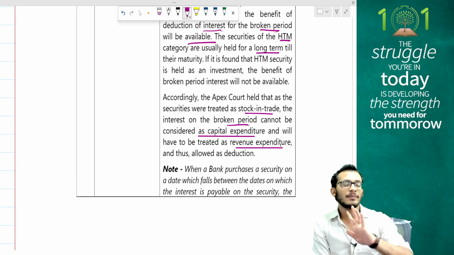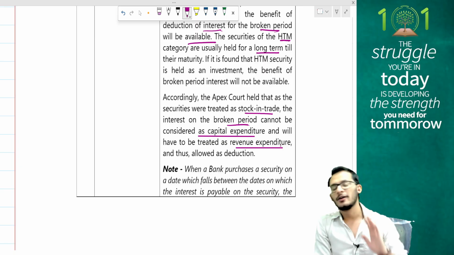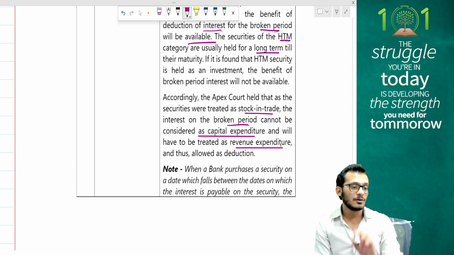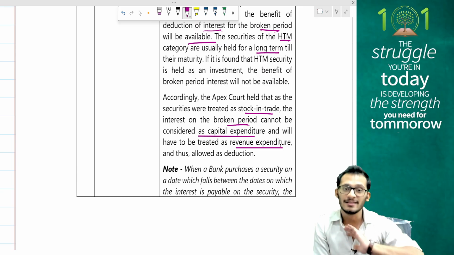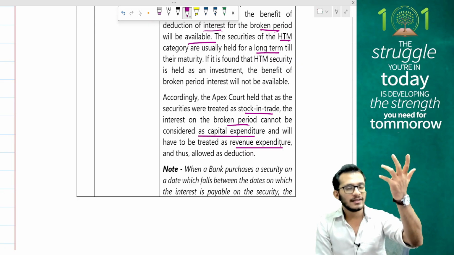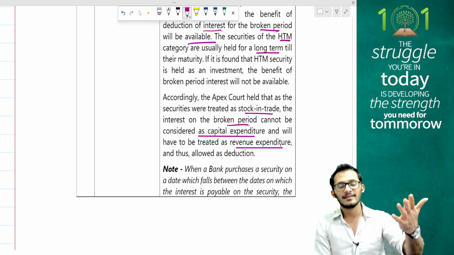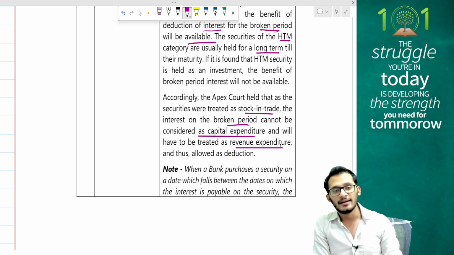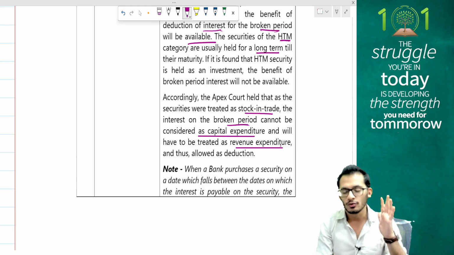But if you tell me that this is held to maturity, then yes, it will be added to the cost of acquisition. It will not be allowed as an expense. So this question can be drafted in two ways in the exams. One is where the question says that the person is booking it in the P&L but has the security as HTM. If a question like that comes, you say yes, your treatment is wrong, you have to capitalize it. But if the question says the person is holding it as AFS or held for trading, then you can say the treatment done is right. You don't have to make any changes to it.